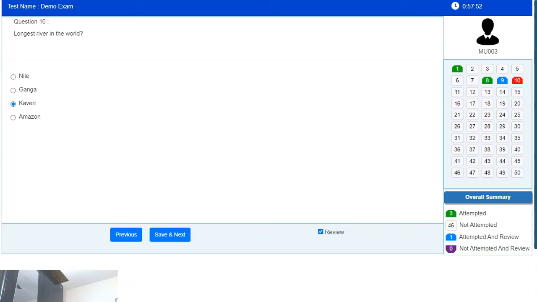If it is found that you are taking help from someone, or if you are speaking with someone, or you are taking help of any external means like books or notebooks, then it will be considered as an exam malpractice.